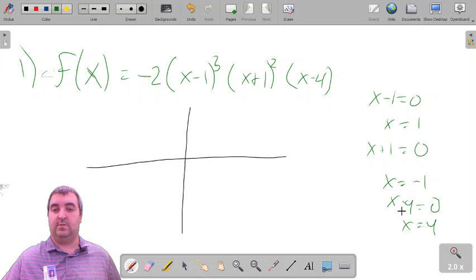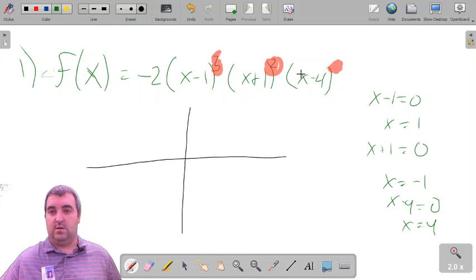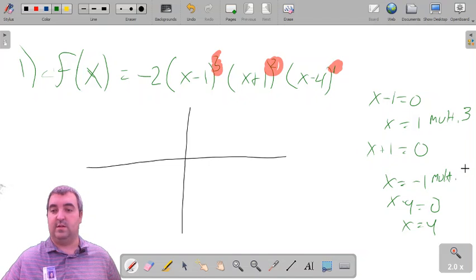So there's your x-intercepts. You do want to pay attention, though, to the multiplicity, which, remember, is based off the power. So this one obviously being 1. The x minus 1 had a multiplicity of 3. The x plus 1, which gives us the negative 1, has a multiplicity of 2. And the last, the 4, had a multiplicity of 1. The power was 1. So there we have our three